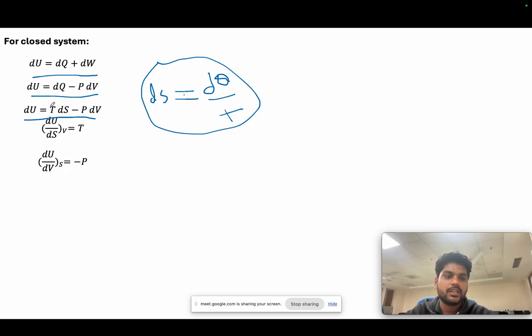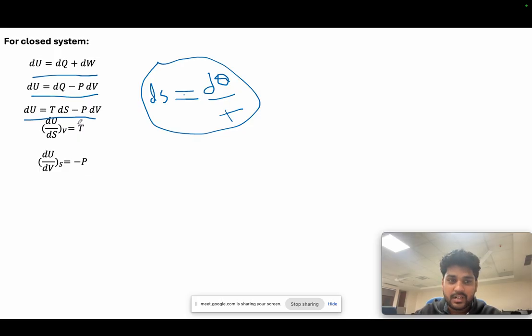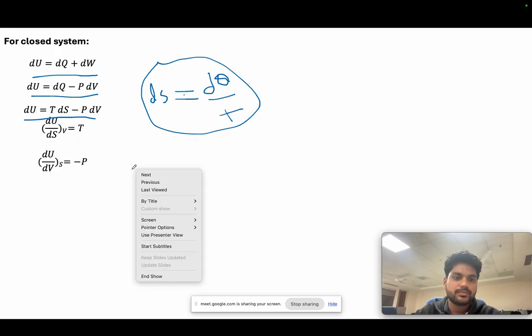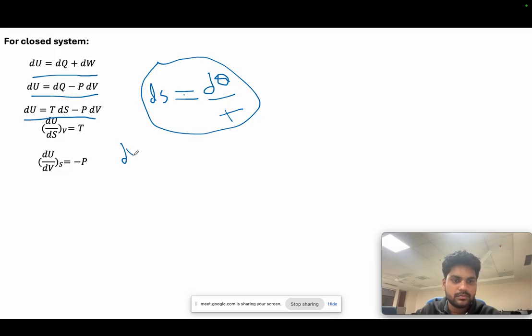Up to here it's fine, I think. To get it here, what we did was, initially we worked at constant volume. If I differentiate dU with dS, this will become T, and this term, being at constant volume, will become 0. So then we have (dU/dS) at constant volume is T. If you do the reverse, (dU/dV) at constant entropy is -P. So from here we started, sorry,